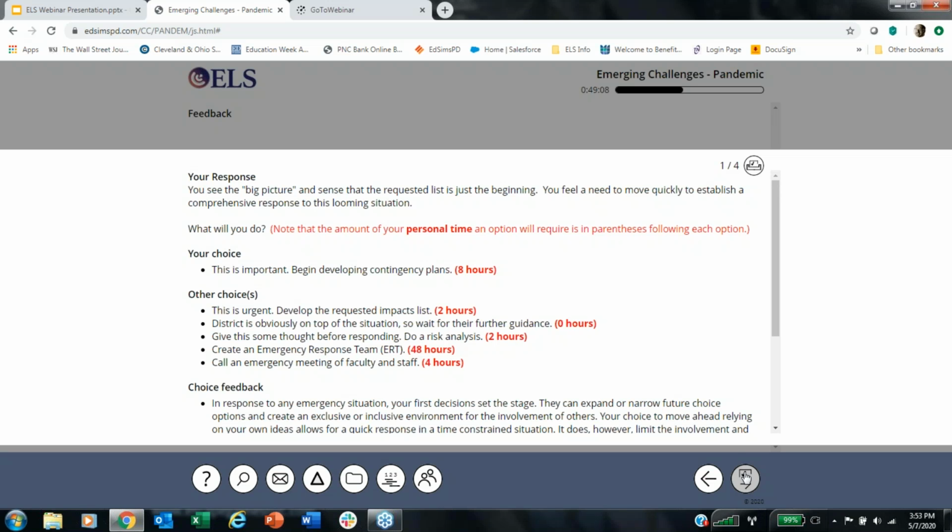It can be done solo, or I can see a lot of potential for it to be done in a group, and you mentioned that sometimes you'll have a cohort running through a simulation together. It can also be done as a leader-led session where you embed it, as we're doing now. This could be done as part of the PLC, or an in-service day where a principal or an AP runs it with their teams, or a teacher leader runs it as part of their PLC,